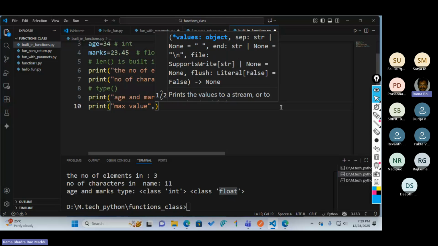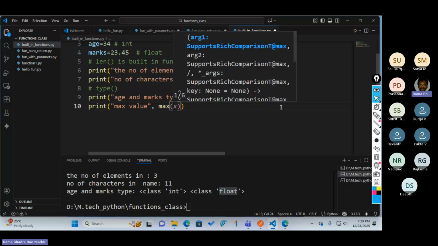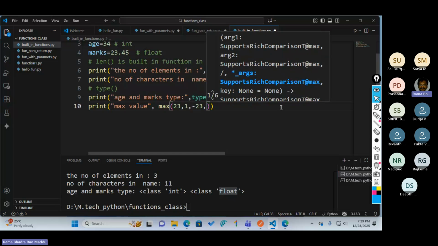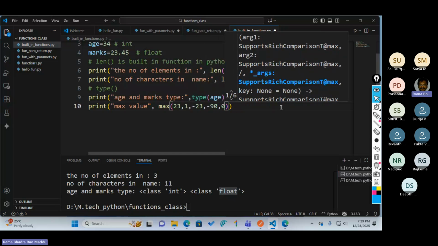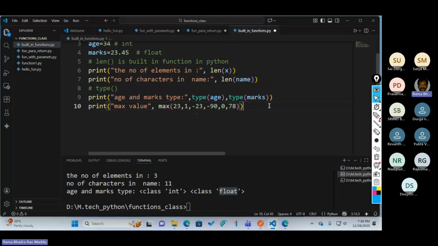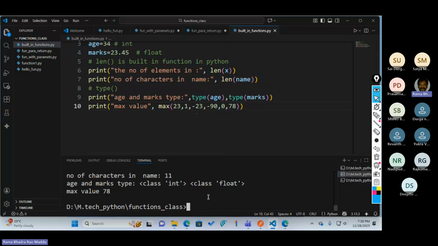For example, I can use max of 23, 1, minus 23, minus 90, 0, 78. I have given different values. Here max is also a built-in function. The max value is 78.